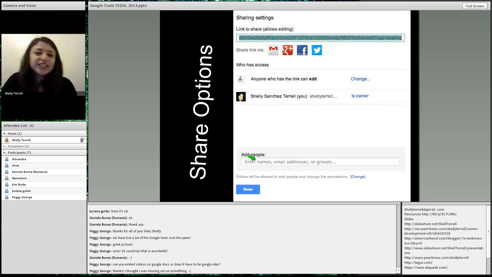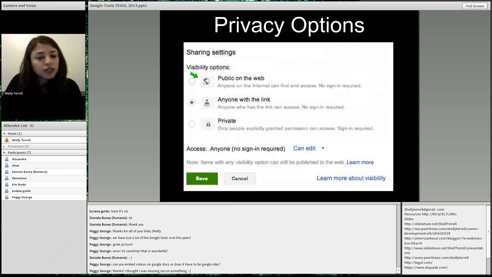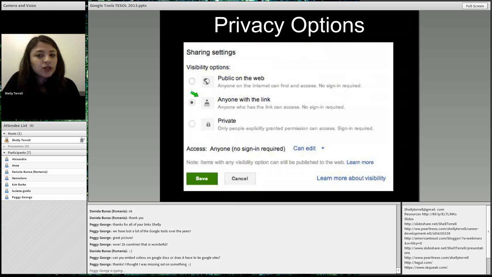So let's say you work on this document collaboratively, and after a session, because a lot of people do this for sessions now, they go to a workshop and they say, okay, we're all going to create this Google Doc together. We're going to be together for this. They can put publish to the web and make it a Google site, what they all worked on, and then they can embed videos from there.